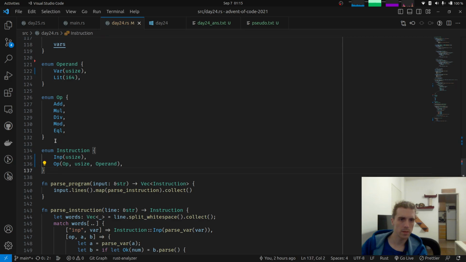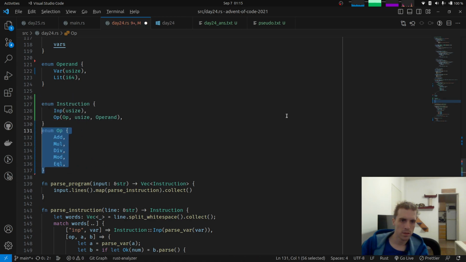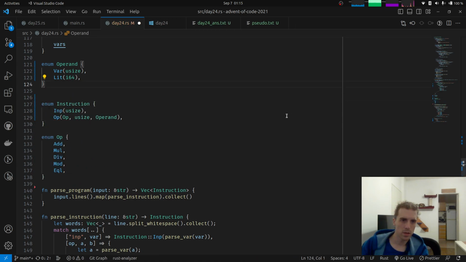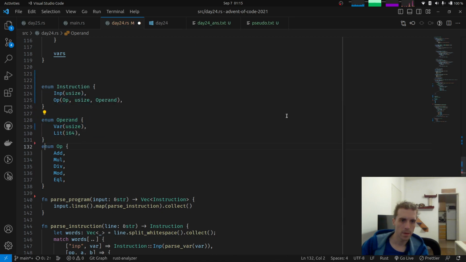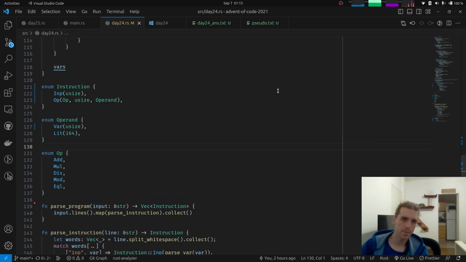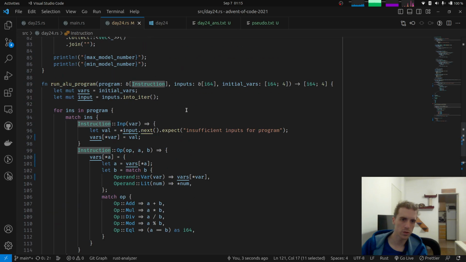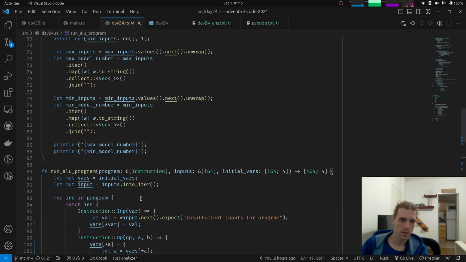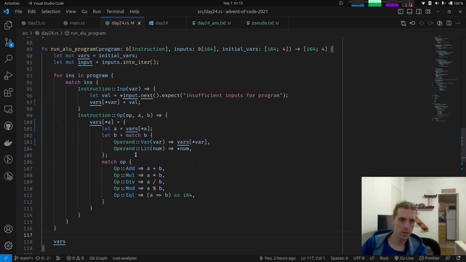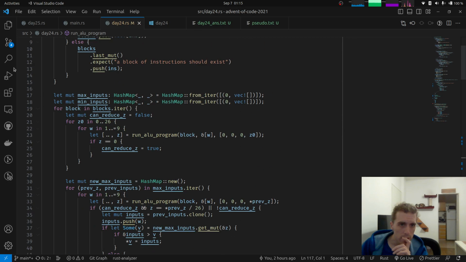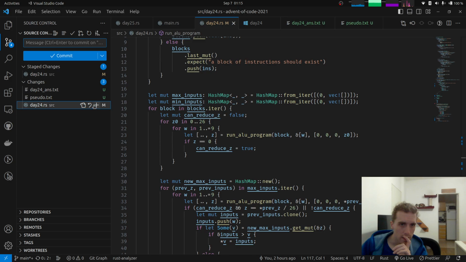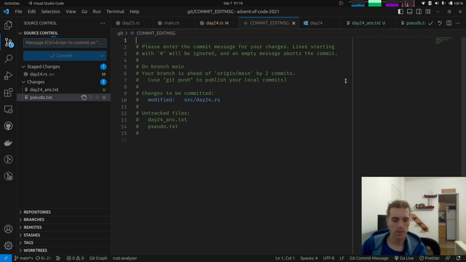We can maybe rearrange this a bit to have the instruction above all, because it's like the more general thing that we care about. Sure. This is fine also. Sure. And this code I think is pretty much okay. There's just a couple of minor things that I would like to do, but